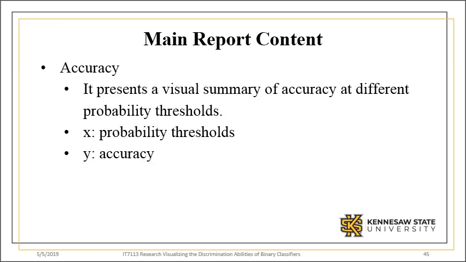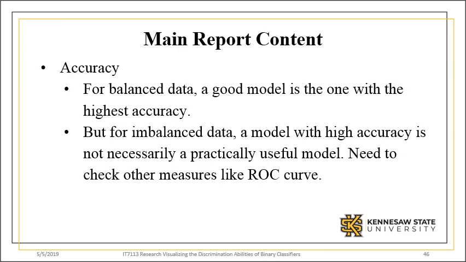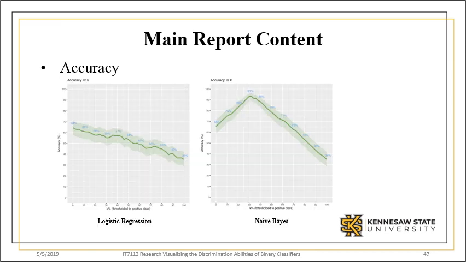The accuracy plot here presents a visual summary of accuracy at different probability thresholds. X values are probability thresholds and Y values are the accuracy. For balanced data, a good model is definitely the one with the highest accuracy. But for unbalanced data, a model with high accuracy is not necessarily a practically useful model. We need to check other measures like the ROC curve. It is easy to see the model that produces the highest accuracy, 93%, is the naive Bayes model with the threshold